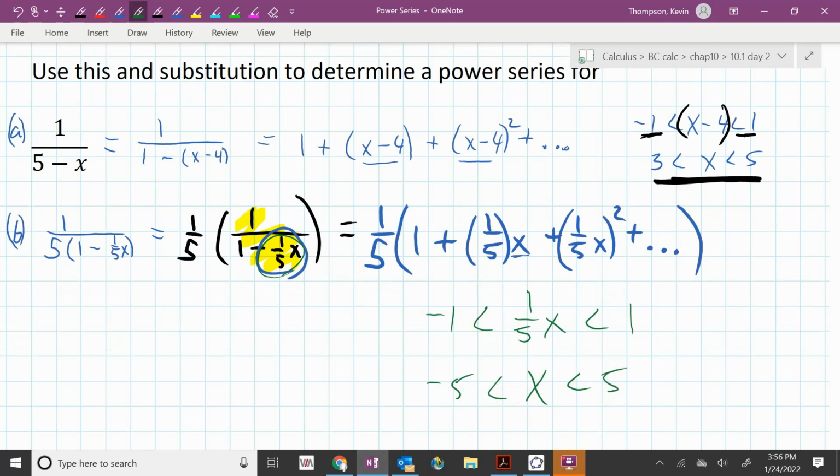So notice that this interval of convergence is larger, has a larger radius. The radius here is 5, the radius here is 1. This one is centered at 0, this one is centered at 4. So let's look at